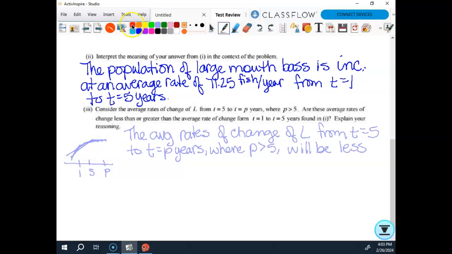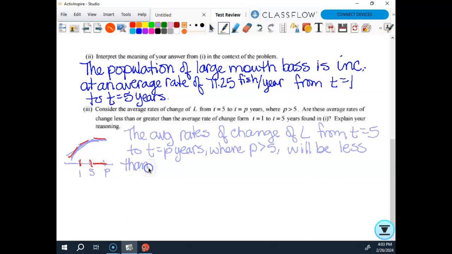Your rates of change are positive, positive, getting closer to 0, right? So your rates of change are decreasing. So from here to here is one thing, then as I go along, they're going to be decreasing. Not only because literally the average rates of change are decreasing, but what we know about the function is that it is concave down. So will be less